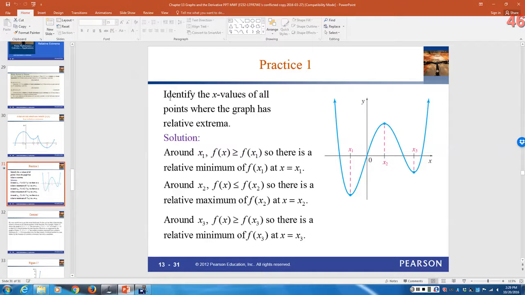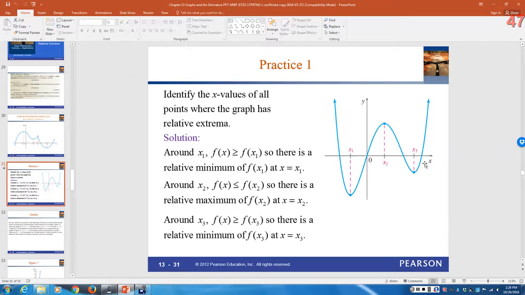So in practice 1, identify all the x values of the points where that graph has relative extrema. And the solution to that is, well, at x sub 1, it decreases, comes to a minimum, and goes up. So that is a relative minimum point. At x sub 2, we have a relative maximum point. So between x sub 1 and x sub 3, we have a maximum. And then between